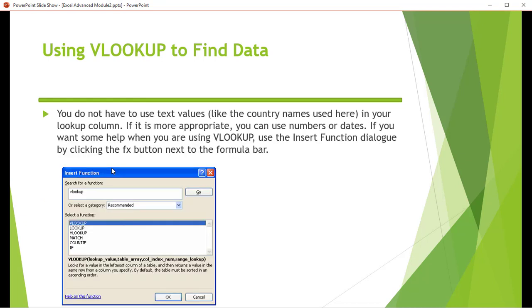So you do not have to use text values like the country name we use here in your lookup column. If it is more appropriate, you can use a number or date. If you want some help when you are using VLOOKUP, use the Insert Function dialog by clicking the FX button next to the formula bar.